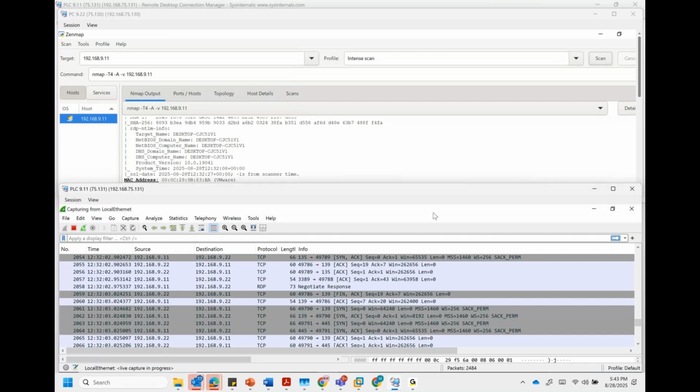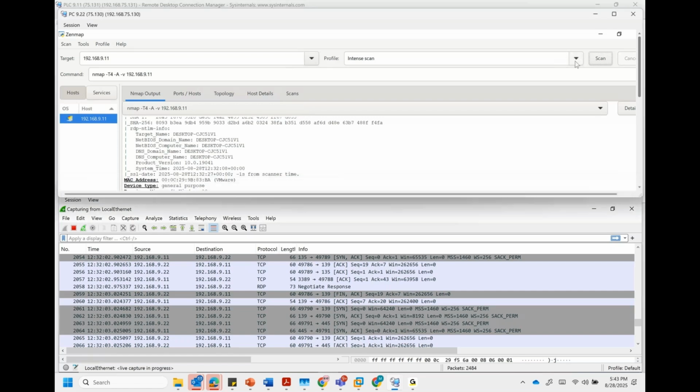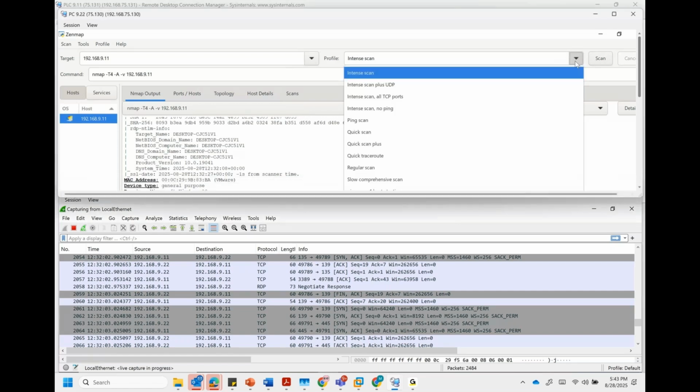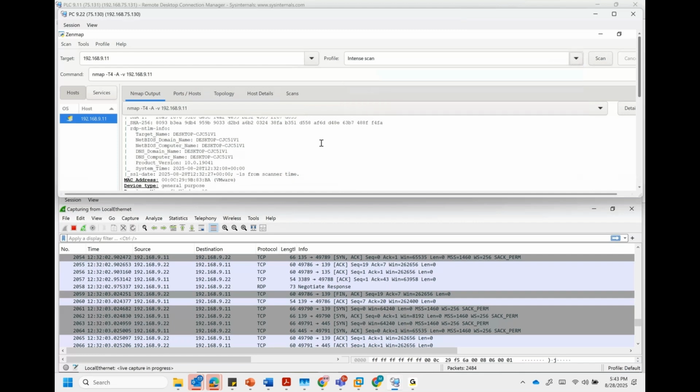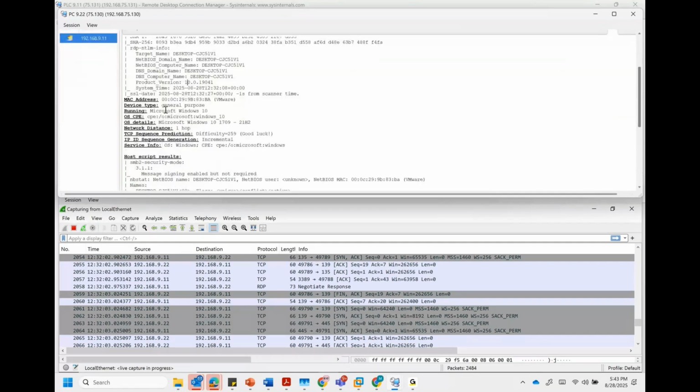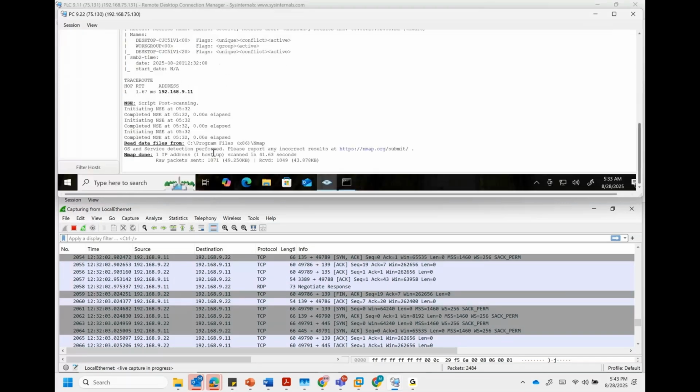So what do we do? Because I do need to do an intense scan, or something called a detailed scan, because I need to get a lot of information. For example, the information I've received is quite interesting: the MAC address, the device type, that it's Microsoft Windows, the operating system details, and even which ports are open and which are not. Quite detailed information from the PLC or from the other device.